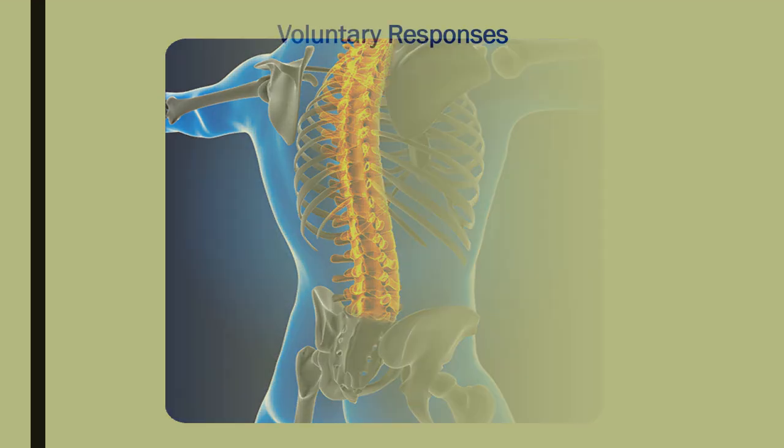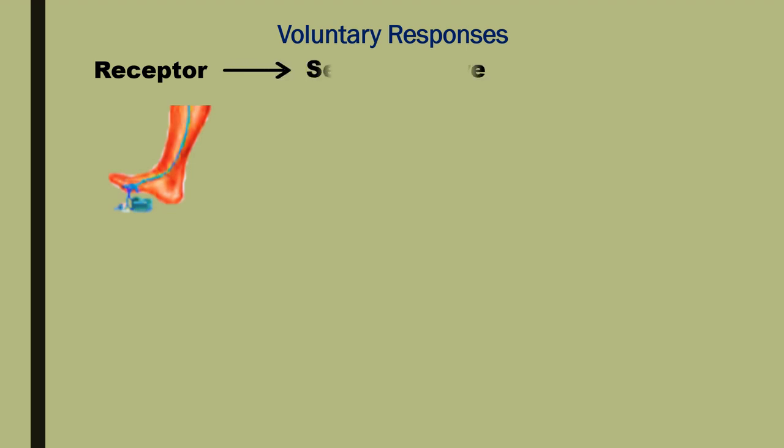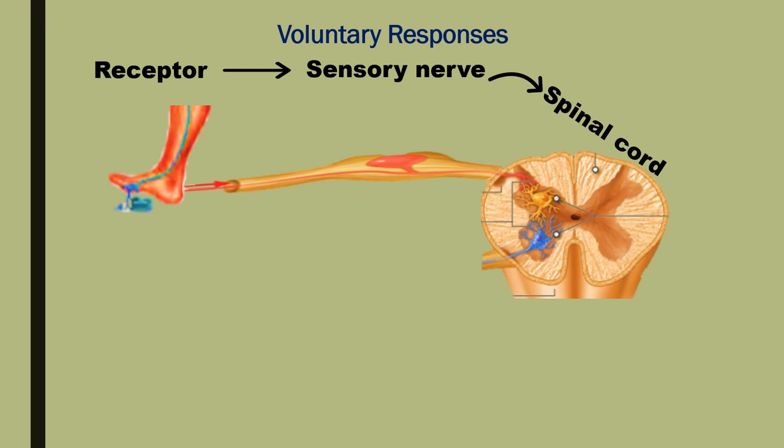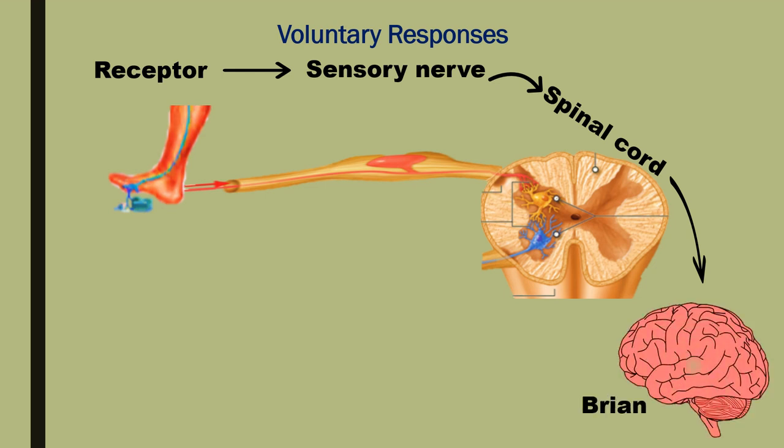In voluntary responses conducted in our consciousness, the receptor in the sensory organ receives a stimulus, produces signals, and sends them through the sensory nerve. The sensory nerve carries the signals to the spinal cord. The spinal cord then relays the signals to the brain. The brain takes the signals,